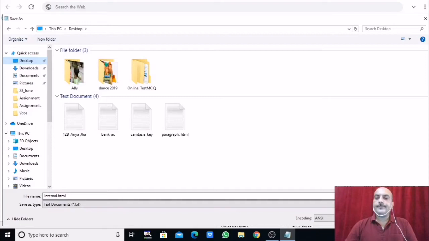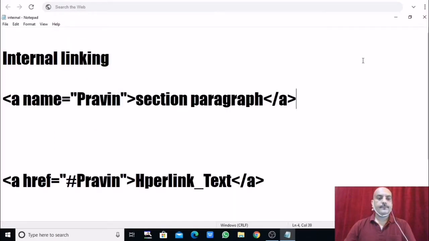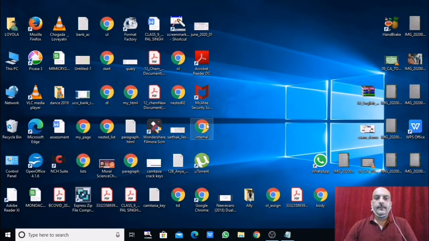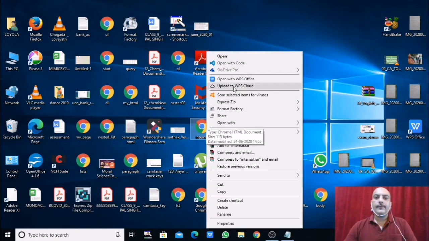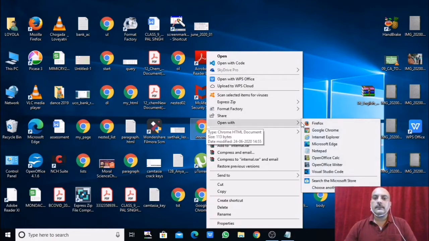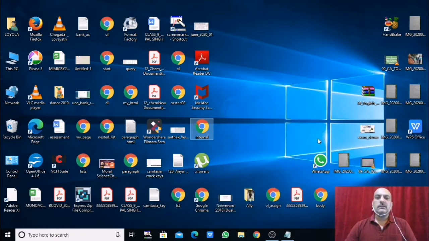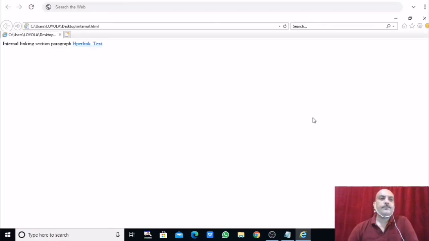Okay, here it is, internal, open with. Too many options are there, open with IE, so sometimes it gives confusion.